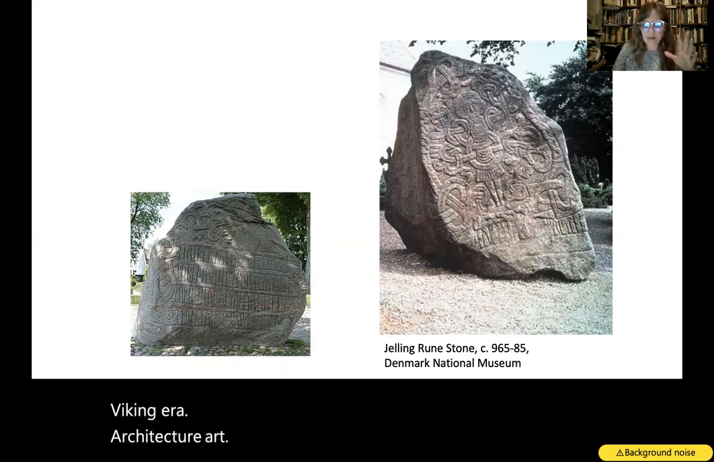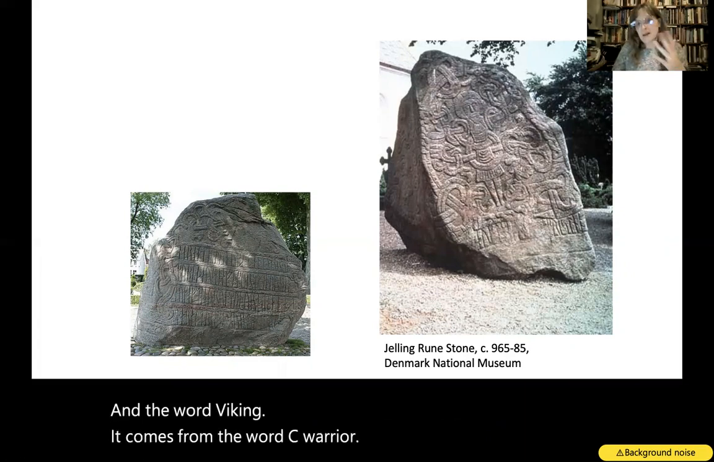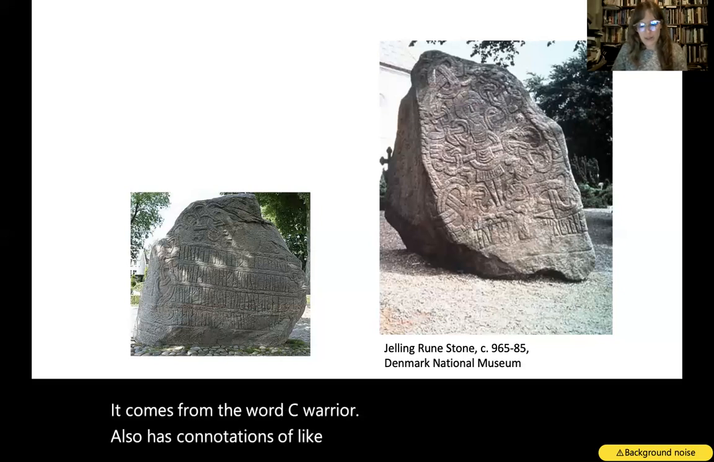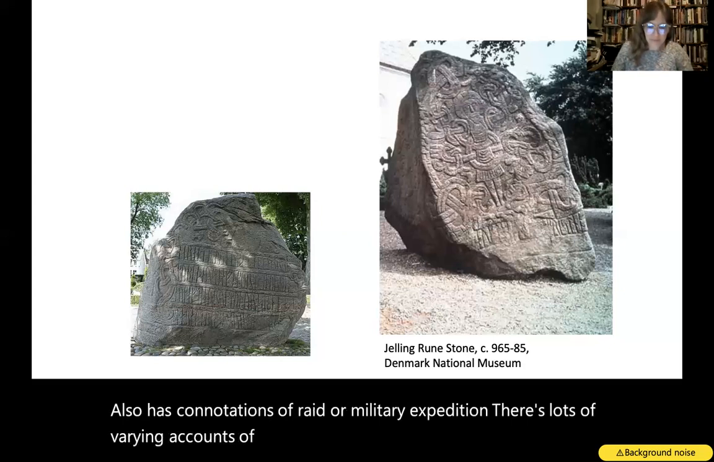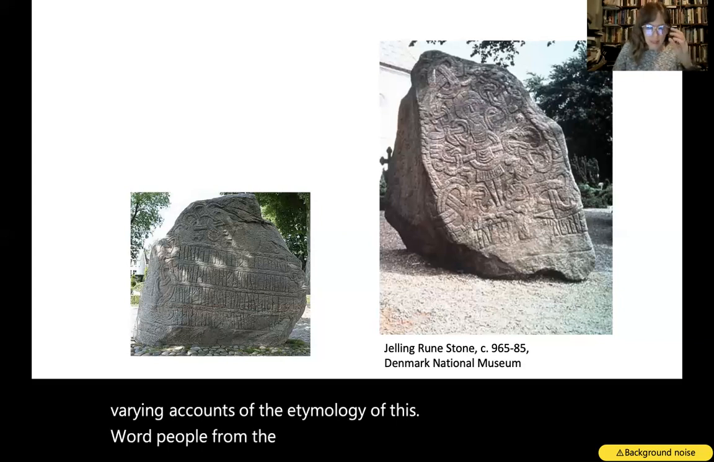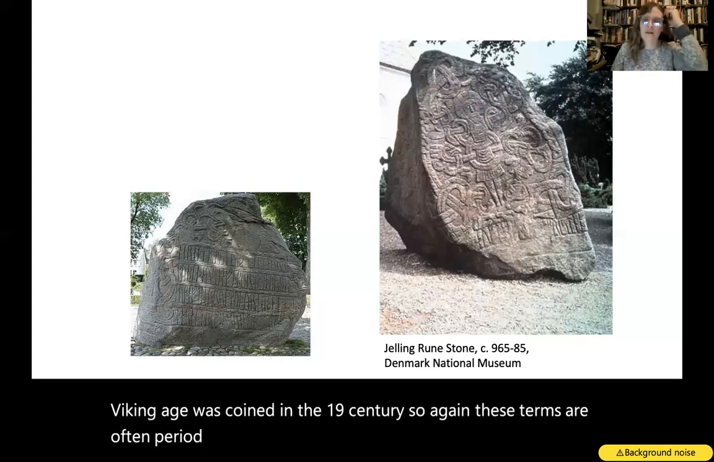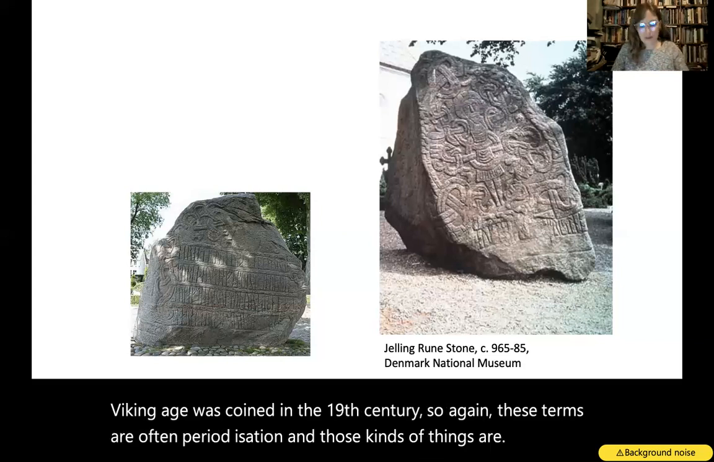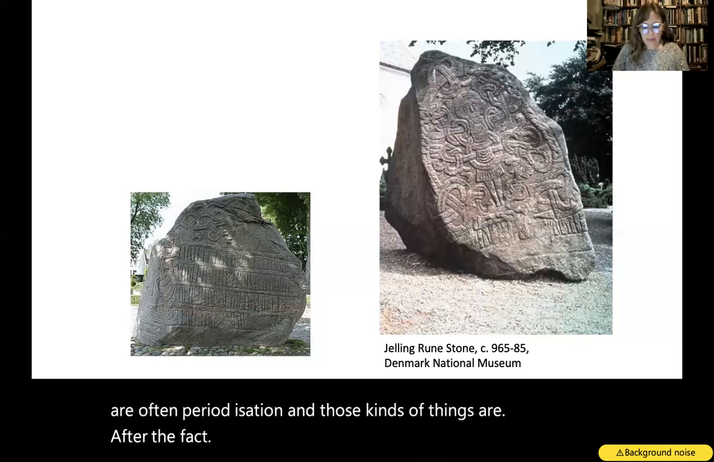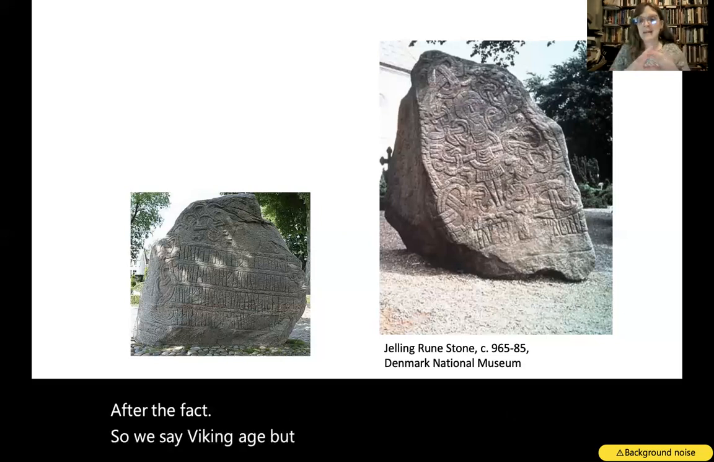And the word Viking comes from the word sea warrior. It also has connotations of raid or military expedition. There's lots of varying accounts of the etymology of this word. People from the coves is another one, Viking. The word Viking Age was coined in the 19th century. So again, these terms, periodization and those kinds of things, are after the fact. So we say Viking Age, but that's kind of misleading because